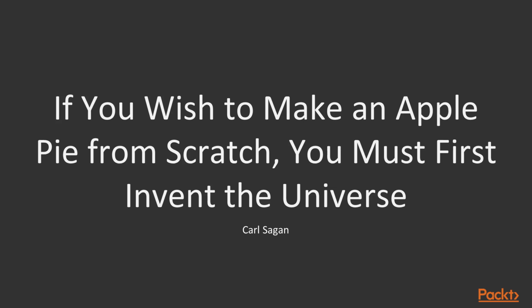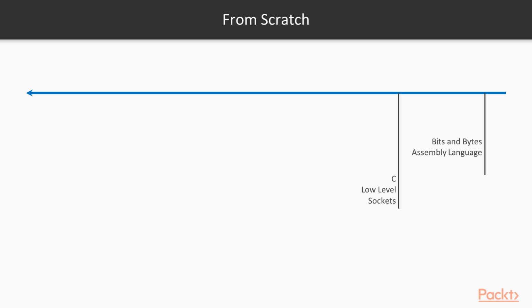definition. So one thing that we could take a look at is some sort of scale where we're talking about what is from scratch or not. And of course we're talking about programming, so if you go even further, we could be talking about, hey, you need to build your computer from scratch, right? Of course we're not talking about that, but you could be saying, hey, we're not going to use any software whatsoever that already exists. We're going to start with bits and bytes, an assembly language,